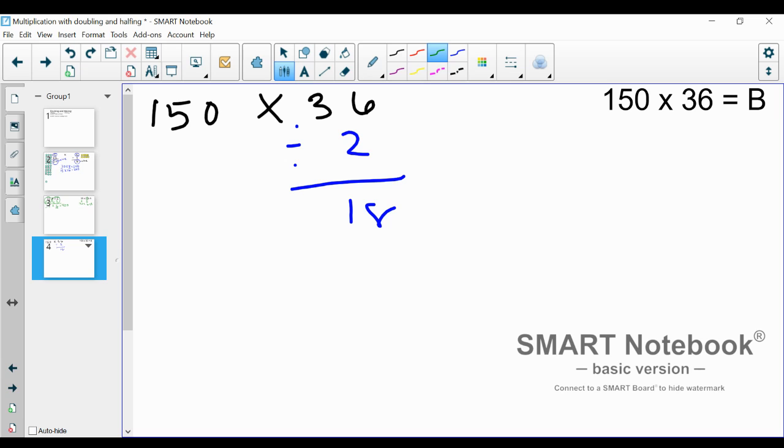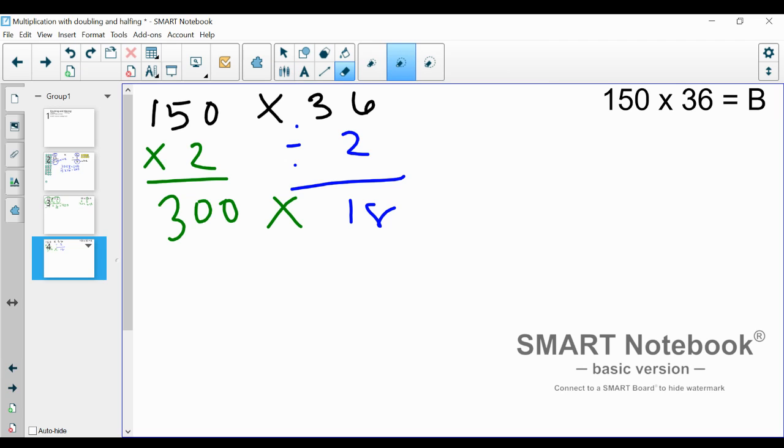And then 150 times 2 is going to give me 300. Okay, now it is a little easier. 300, so basically my multiples of 3s, and 18, that's a little bit easier than 150 and 36,